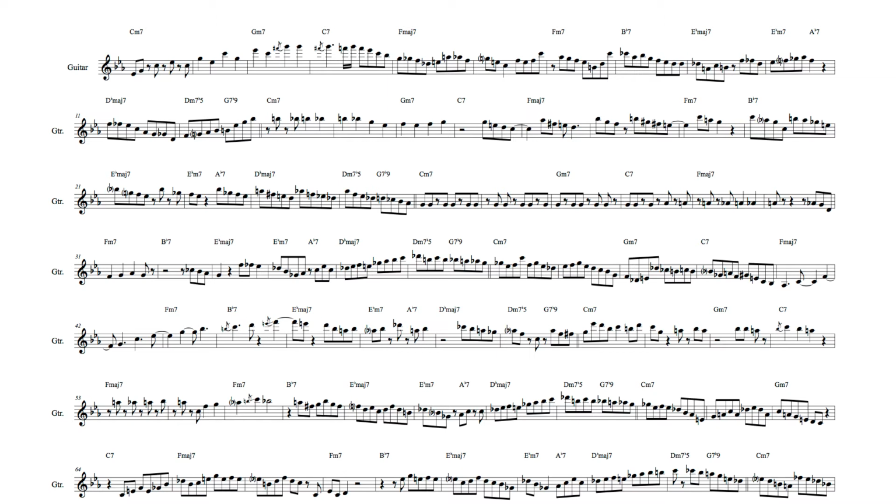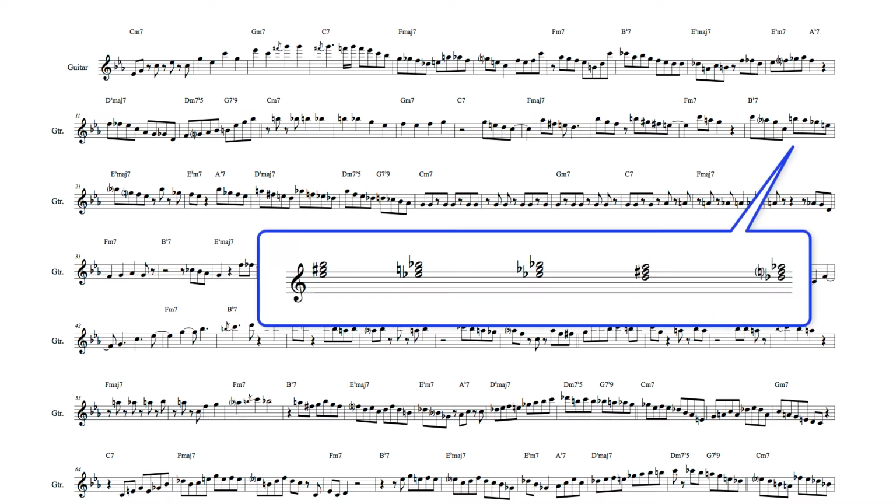As we'll see, along with using parallel chords, Metheny also uses this type of parallel interval idea as part of his soloing vocabulary. After this figure over the B flat 7 harmony, Metheny then uses a descending parallel chord idea, where the ascending triads now descend. However, while the ascending triads were a major second apart, these descend chromatically to this D flat major triad.